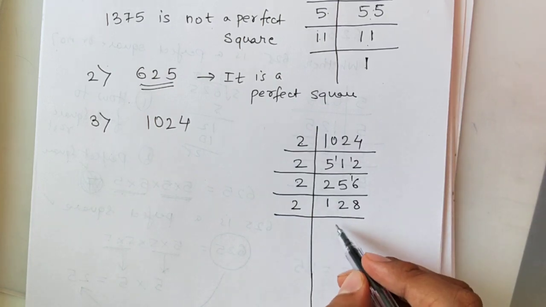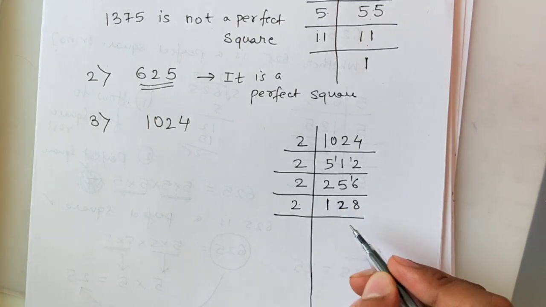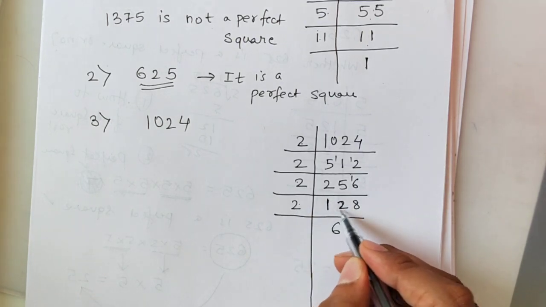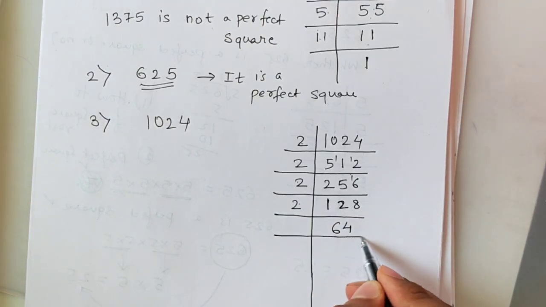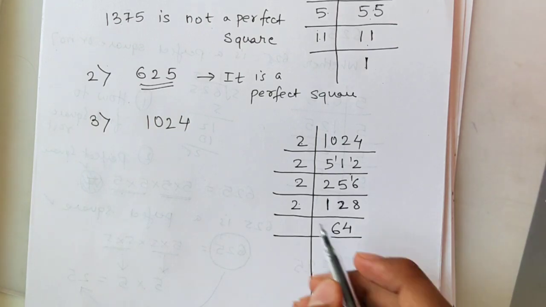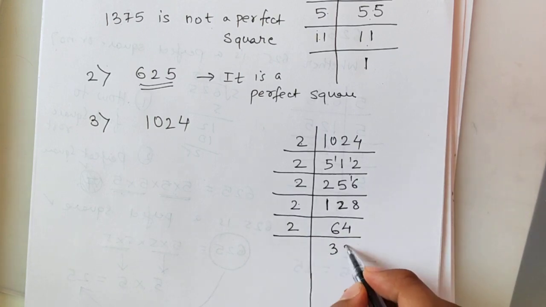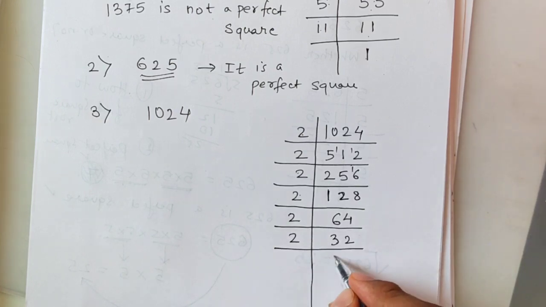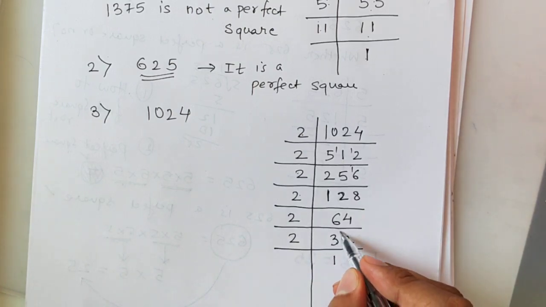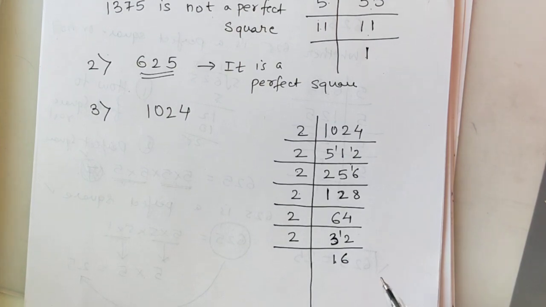Further, 2. I'll take the first two numbers because the first number is very small. So first two numbers, 2 6s are 12. Then there is 8. So 2 4s are 8. I'll keep doing it until it is divisible by 2. Okay. So 2 3s are 6, 2 3s are 6 and 2 2s are 4. Let's do it further. 2 1s are 2. So 1 will get carried because there is 3 here. 2 1s are 2. So 1 comes here. 12. So this 2 6s are 12.